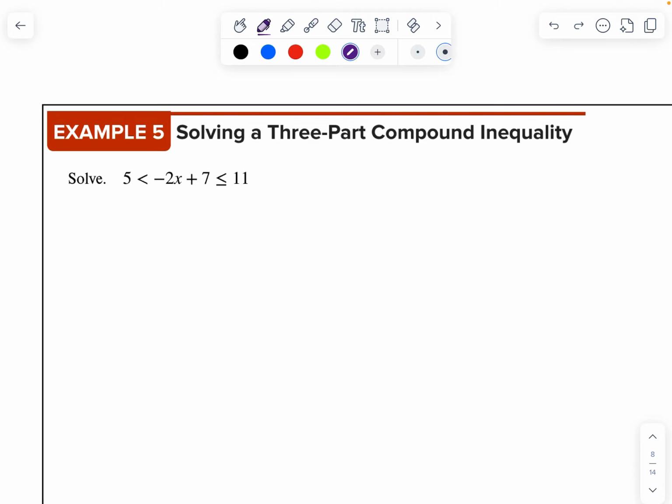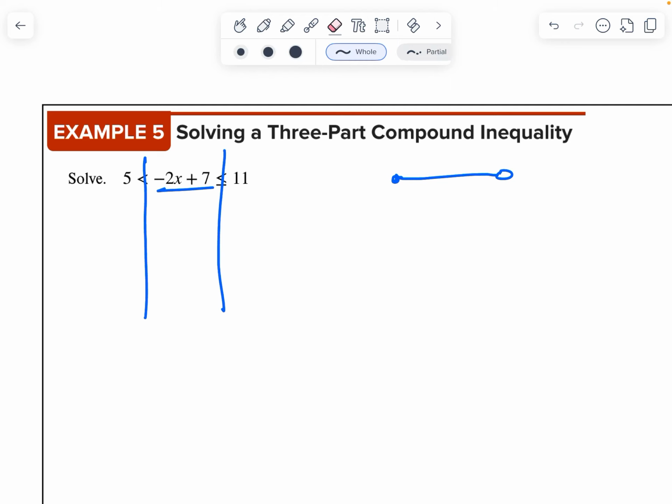A three-part compound inequality, this is another one where typically, again, this is just typically, you have an x sandwiched in the middle, you're going to have something shaded sandwiched in the middle. Let's see what happens. With a three-part inequality, you can break it off into three different pieces. And whatever you do, like we typically say we have to add or subtract to both sides, you have to add, subtract, multiply, divide to all three of those different sections. So if I want to get x by itself, the first thing I can do is subtract 7. And I have to do it to all three places. So that'd be -2, keep the same sign, -2x, keep the same sign,